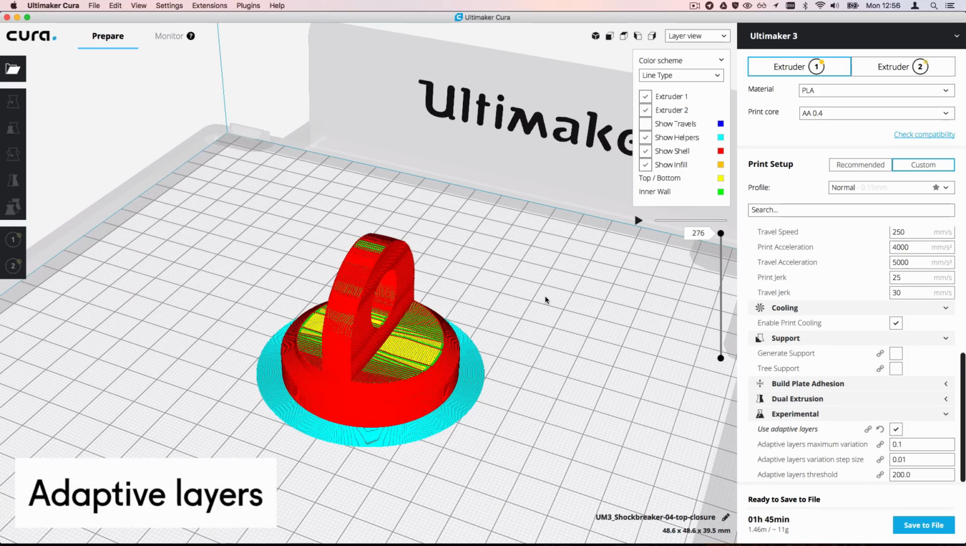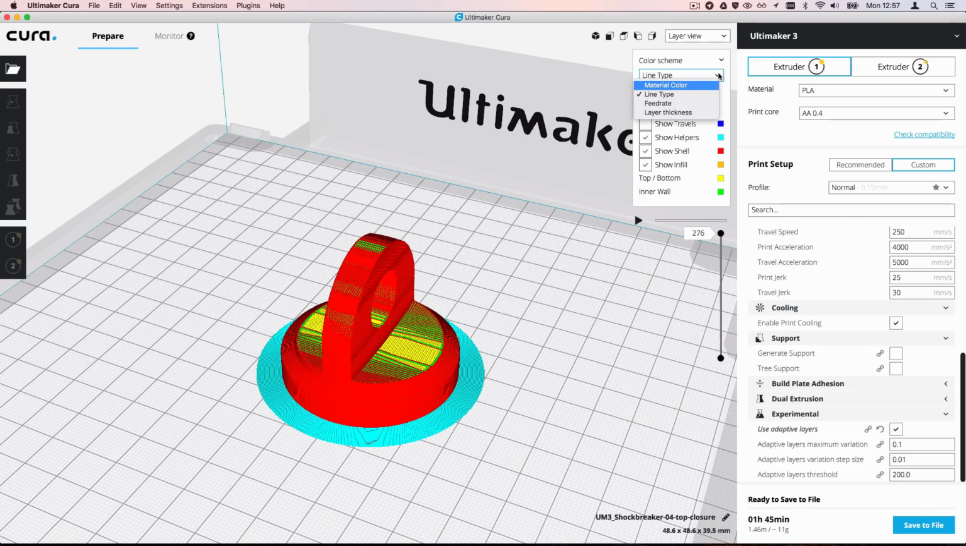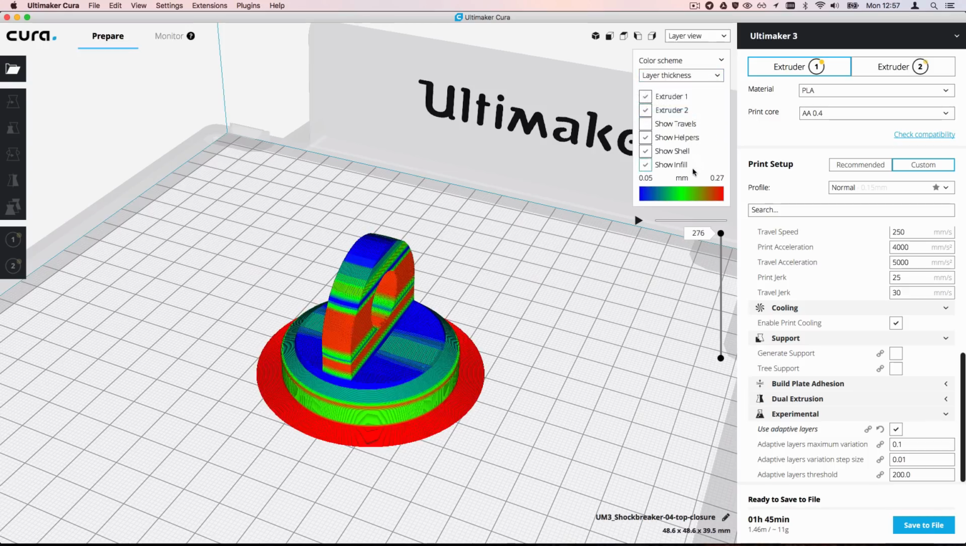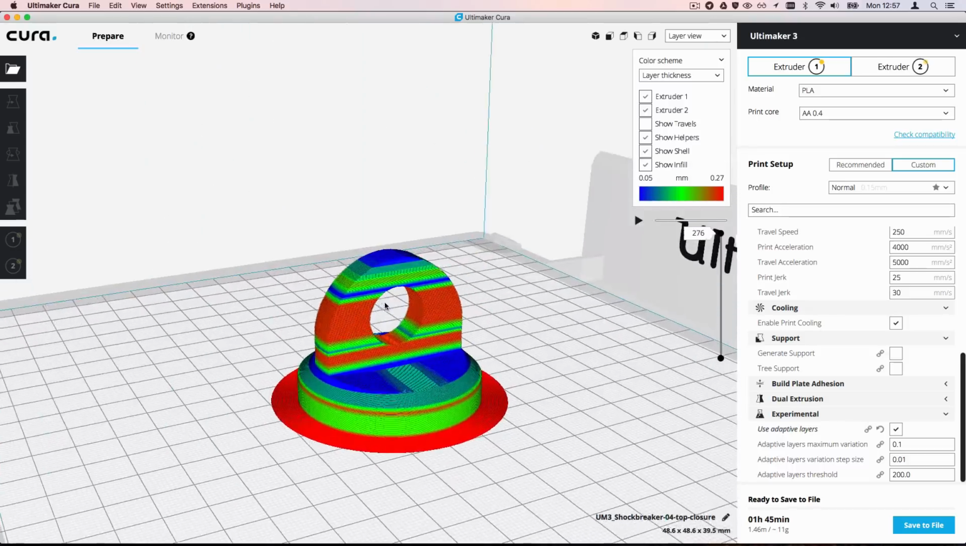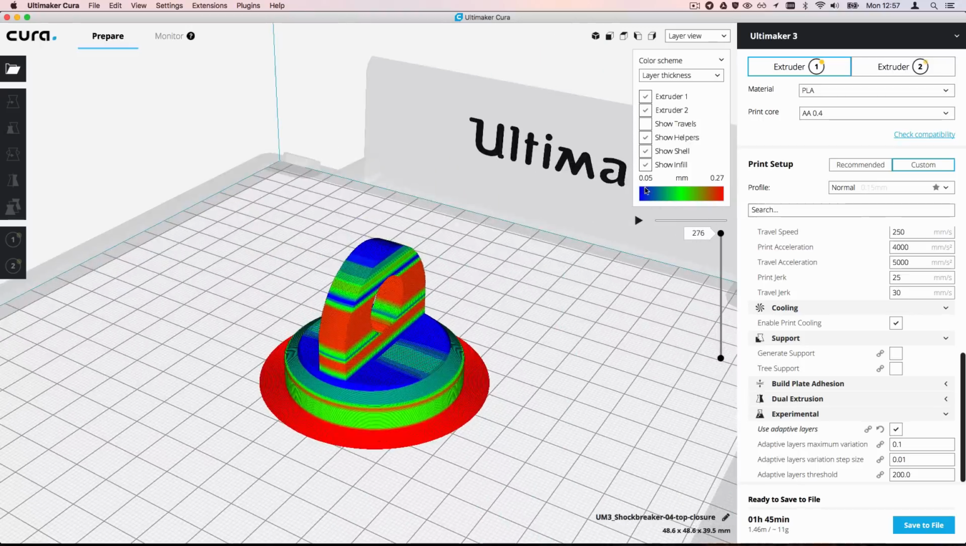Another new engine feature in Cura 3.2 is adaptive layers. This new feature allows your models to be printed with different layer heights, which automatically adapt to the angle of the model. To show this, I've loaded this example model, and within the line type in layer view, we can change to a new option, which is called layer thickness. Once we select it, we get a whole different layer visualization, which changes in color between 50 microns and 270